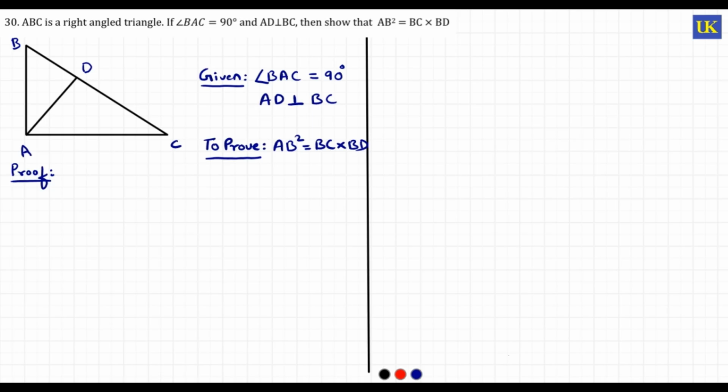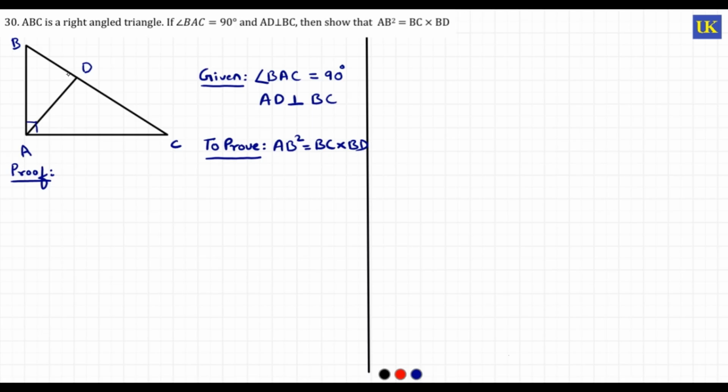Here they are saying that ABC is a right angle triangle, and angle BAC is equal to 90 degrees. So here it is forming a 90-degree angle. And if AD is perpendicular to BC,